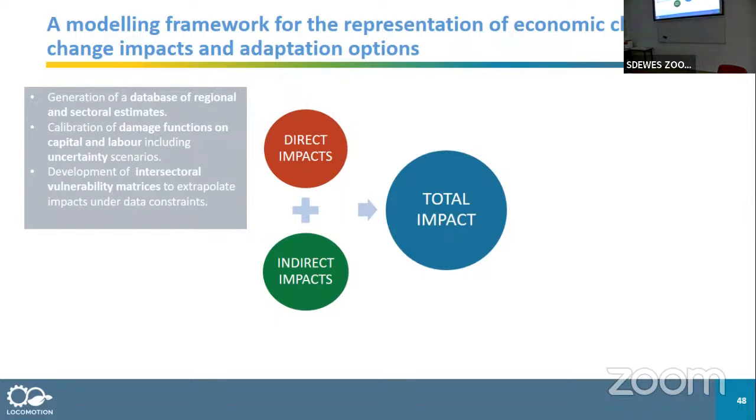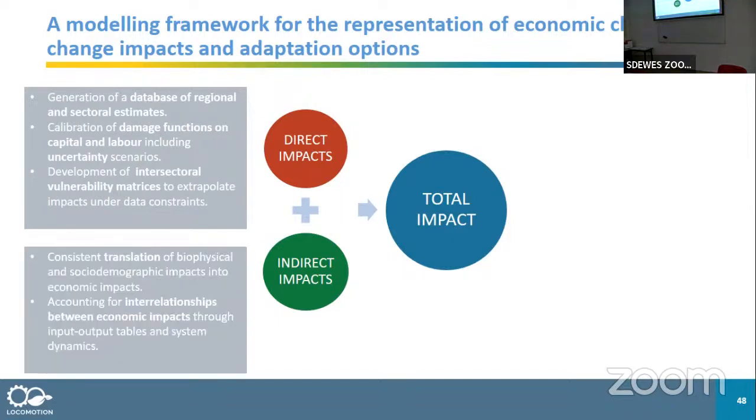For example, if we have a damage function for the mining sector but not for the energy sector, let's assume we can see through our vulnerability matrices that those sectors are similarly vulnerable to climate change. We consider that we extrapolate those data. And regarding indirect impacts, as I said before,